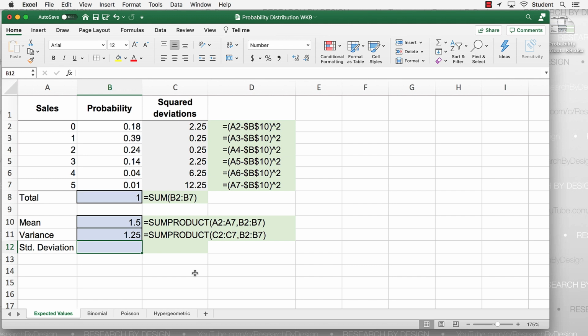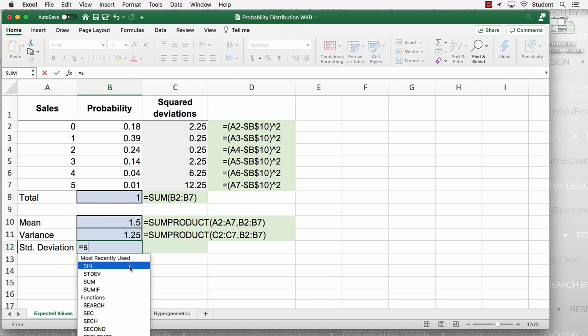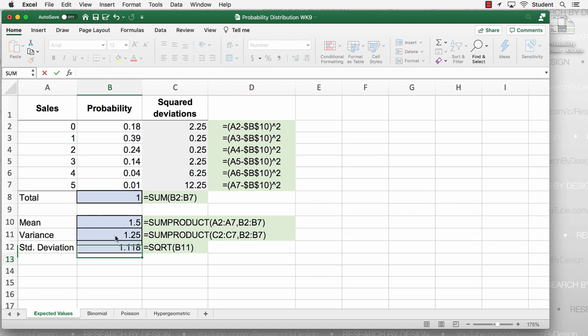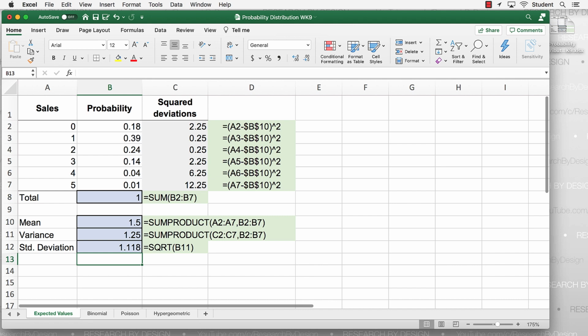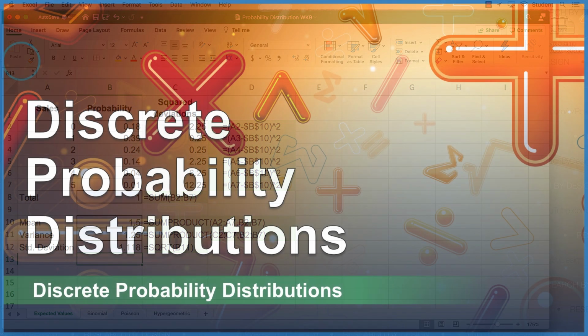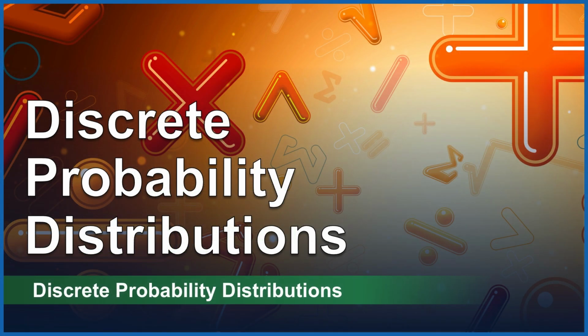So now in cell B12, square root of B11 gives us our standard deviation. And we would interpret this by saying the variance of the daily sales is 1.25, standard deviation of daily sales is 1.118. So next we're going to talk about these discrete probability distributions.